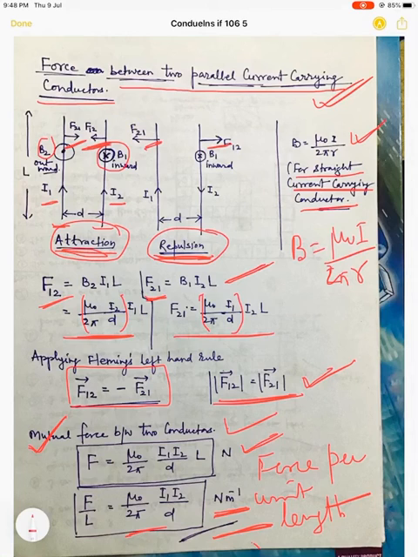After completing this, we'll go to the next lesson. In the next video, I will give you the idea of the torque experienced by a rectangular loop when it is placed in a magnetic field. After that, we will go for the moving coil galvanometer. This year the syllabus is reduced, so there is no cyclotron in this topic. Cyclotron is omitted. So after the moving coil galvanometer and conversion of the moving coil galvanometer to ammeter and voltmeter, this chapter will be over. So today we have completed 4 small derivations.